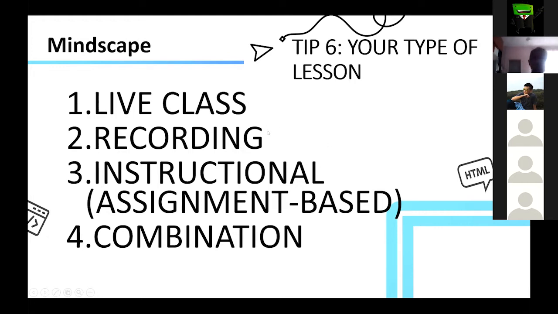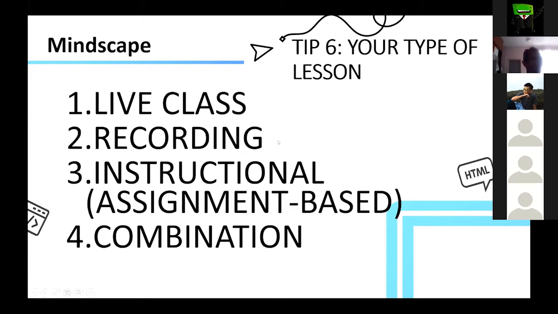Recording is basically when you record yourself doing a lecture and then post it on Google Classroom or any online platform, so the students can listen to you present the slides, and they'll understand more when you explain the detail within the slides. Or you can do instructional videos. For assignment-based things, you can guide them on how to do the assignment. If it's a practical assignment, you can easily make a video showing them the specific parts you want them to do. Or if it's a written assignment, you can just have a voiceover video.